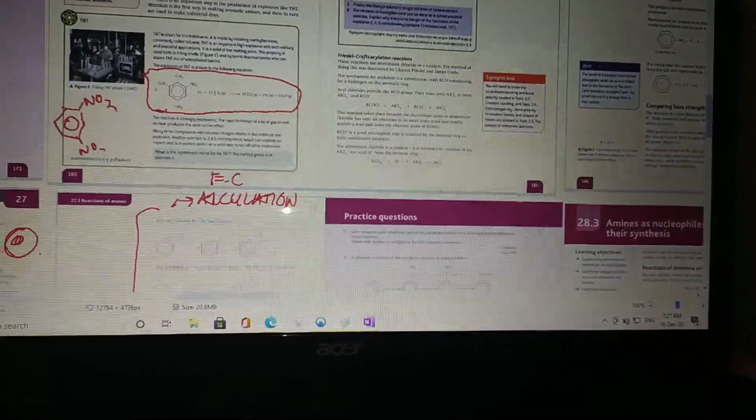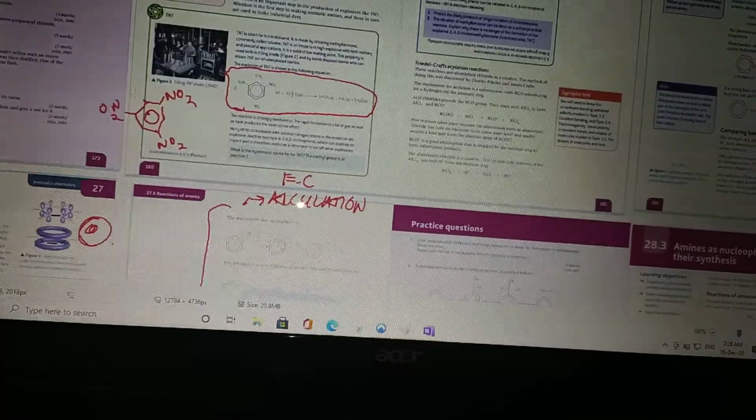I'll just write out the TNT molecule for you here. Now, this basically reacts with 10.5 molecules of oxygen to produce 14 molecules of carbon dioxide, 3 molecules